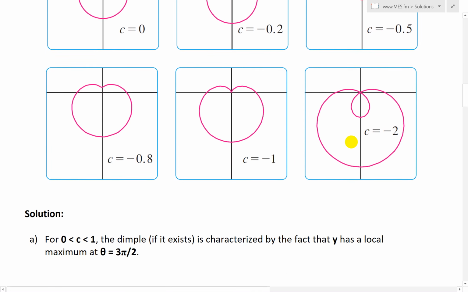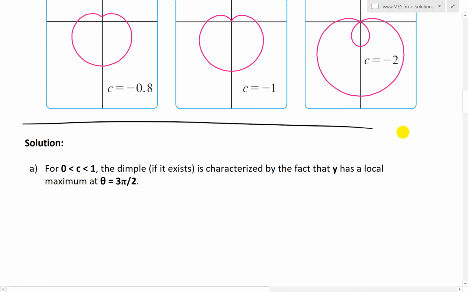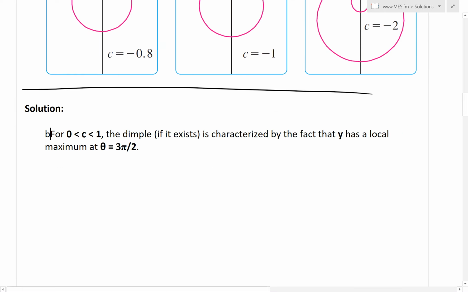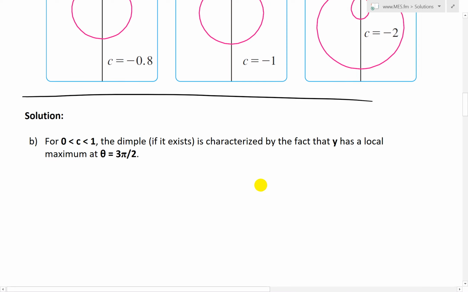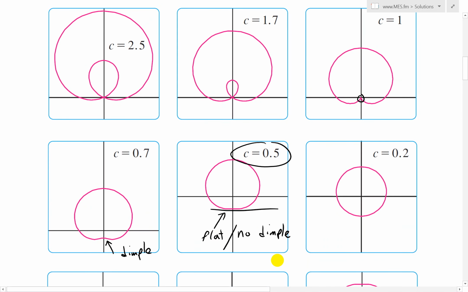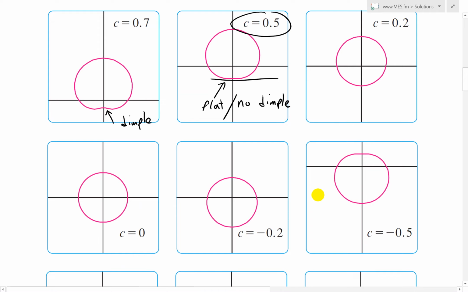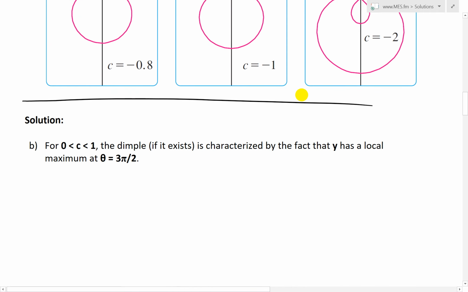So if we just scroll down here, we'll start trying to prove it. So part B, not A. Yeah, just fix that up. So for c between 0 and 1, that's where there is a supposed dimple. So c equals 1 is not, and then all the way to 0 it is just a circle. So we'll just consider that range from 0 to 1. In between those, basically the dimple, if it exists, is characterized by the fact that y has